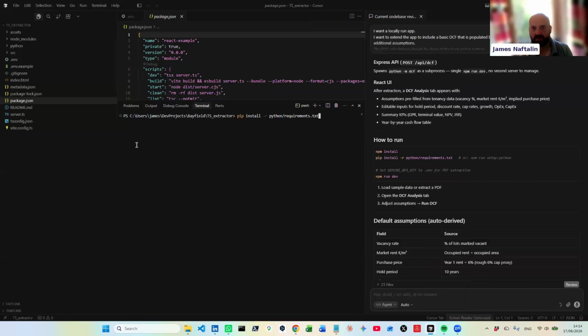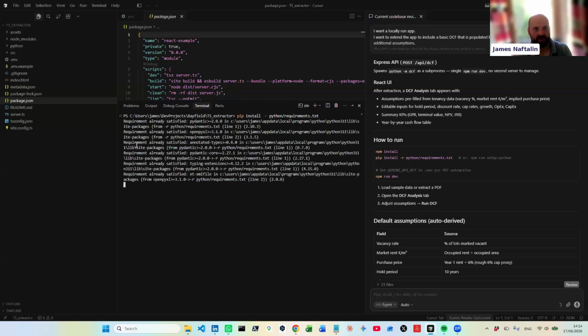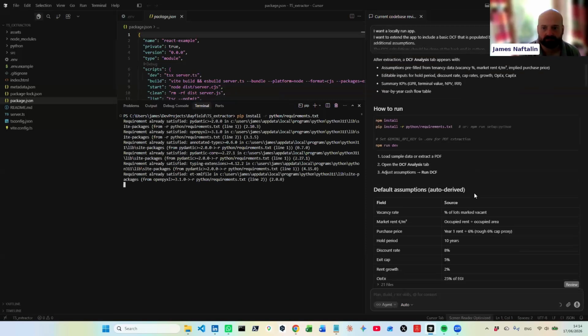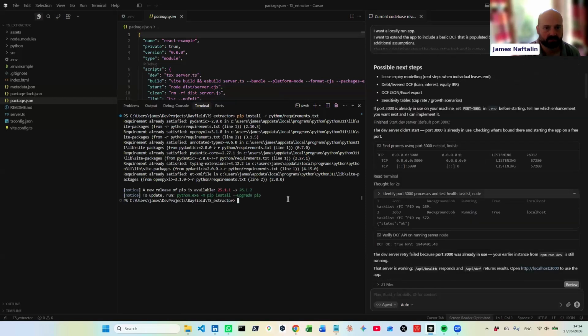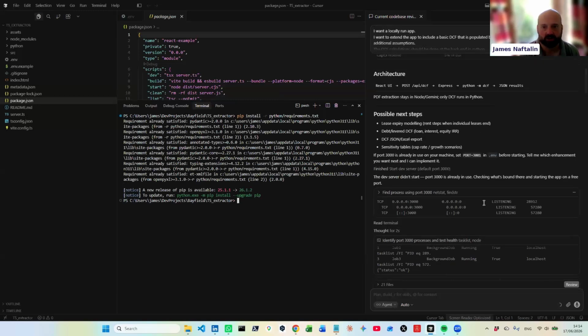So what it's done, the system has written the code and then given me a file of all the additional programs that need installing so that its code will run. It's standard Python procedure. So I just click enter, and it will tell me that the packages have already been installed because I did that earlier. So now we're ready to go,